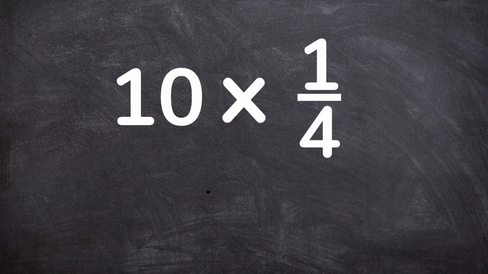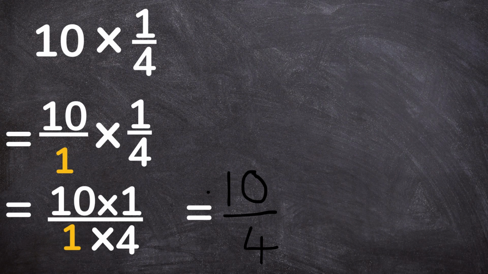Let's say we want to multiply 10 times 1/4. 10 is a whole number, 1/4 is a fraction. So remember, the first step is to make all the numbers fractions. So we're going to make 10 a fraction by putting a 1 under it or by dividing it by 1. So we're going to have 10/1